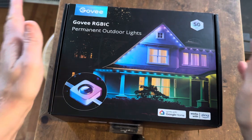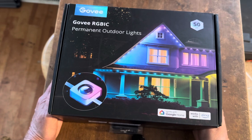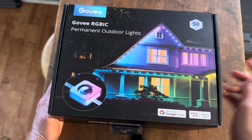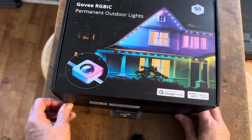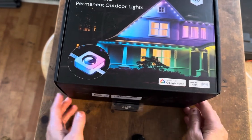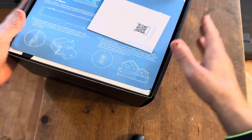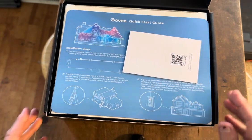So this is the Govee RGBIC permanent outdoor lights that I got during Prime Day. They are regularly $200 for 50 foot. I got them for $139 and I'm going to unbox it with you. There is a lot to these lights, let me tell you. I've had them for about 2 weeks and I've been a little afraid to try to put them up because